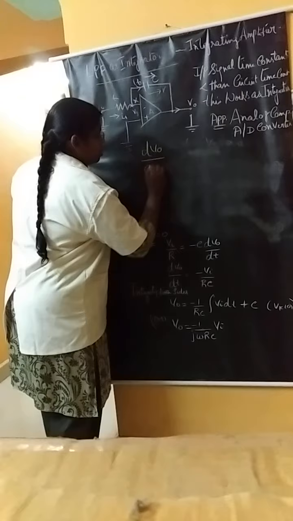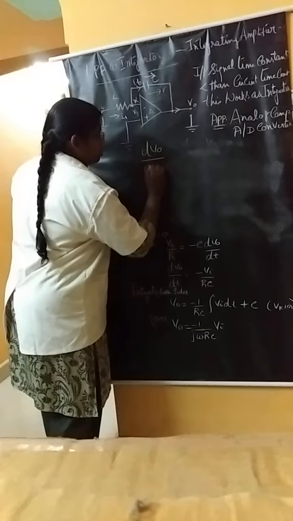In the past session we have discussed active filters using op amp. What is the basic definition of a filter? Why do we go for active filters? What are the drawbacks of passive filters? Then the basic classification of filters. After that we discussed what is meant by high pass filter and low pass filter.